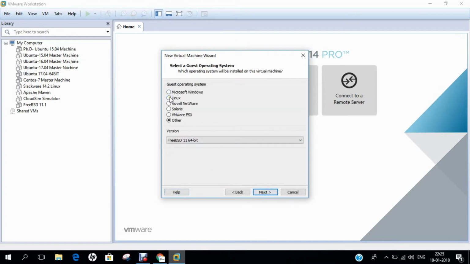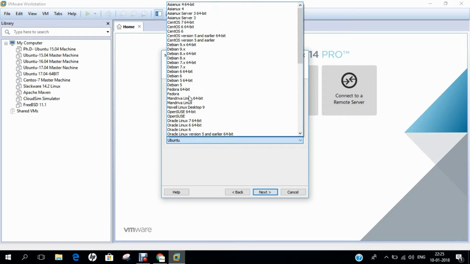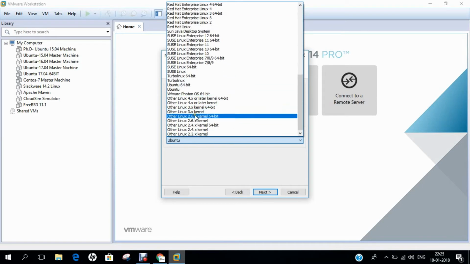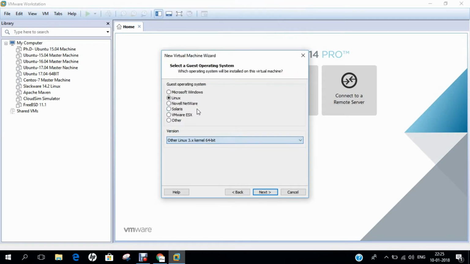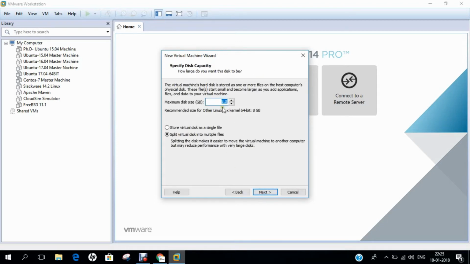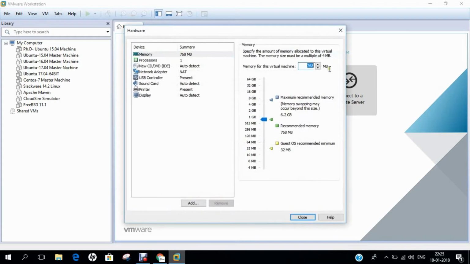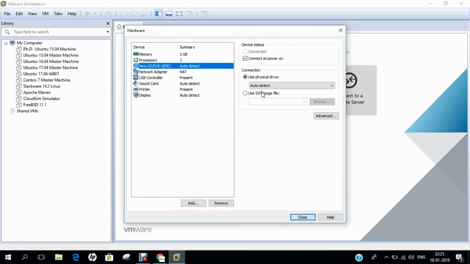So what I do, I just click on Linux, and we don't have the option of Arch Linux, so we can just click on Linux, that is 3.x kernel 64-bit. So let's have, that is ArchLabs Linux. Click on next. So let's take about 20 GB of hard disk space. So let's click on next. Let's customize the hardware. So let's allocate 2 GB of RAM and let's go to new CD and let's browse